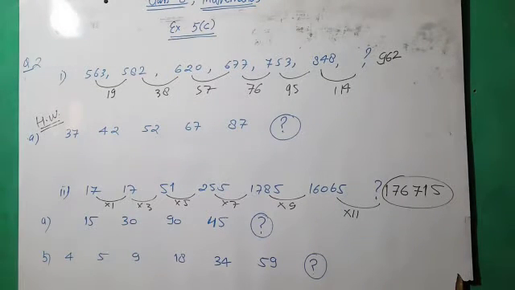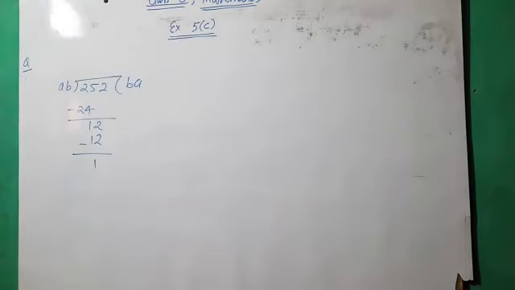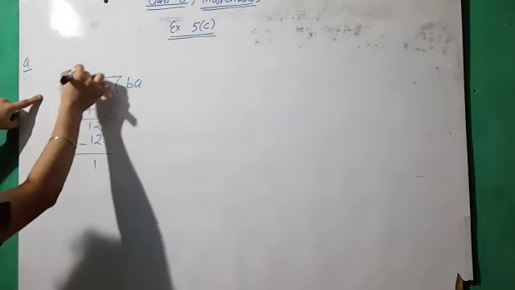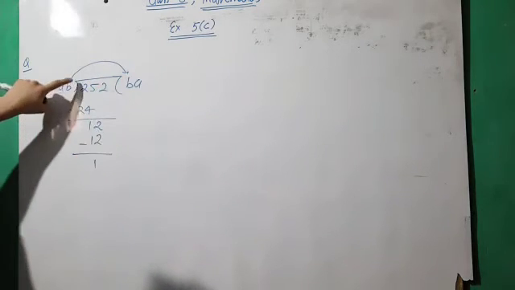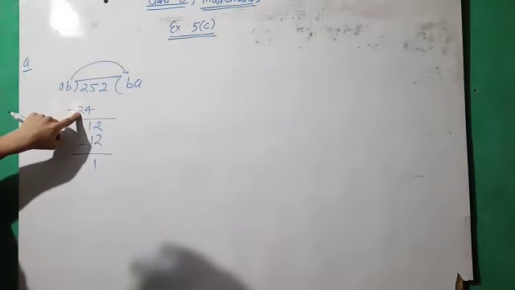Now move to question number 3. Question number 3 is your homework. Fourth one, in question number 4 we have to divide the number. The question is very simple because we have to multiply this number with this, so the number must be multiplied with this number. Okay, this is the number and multiply with this. Answer is 24. So what is the value?